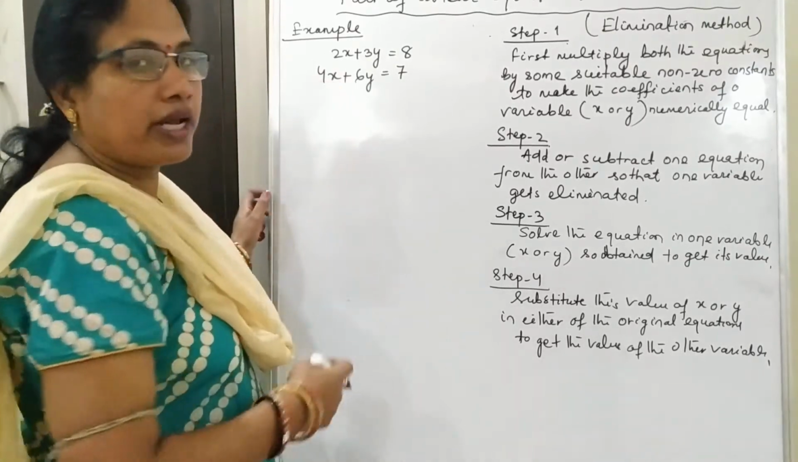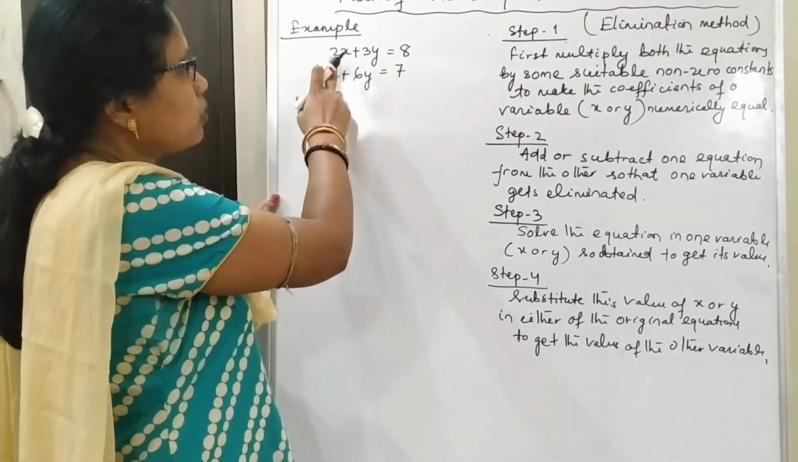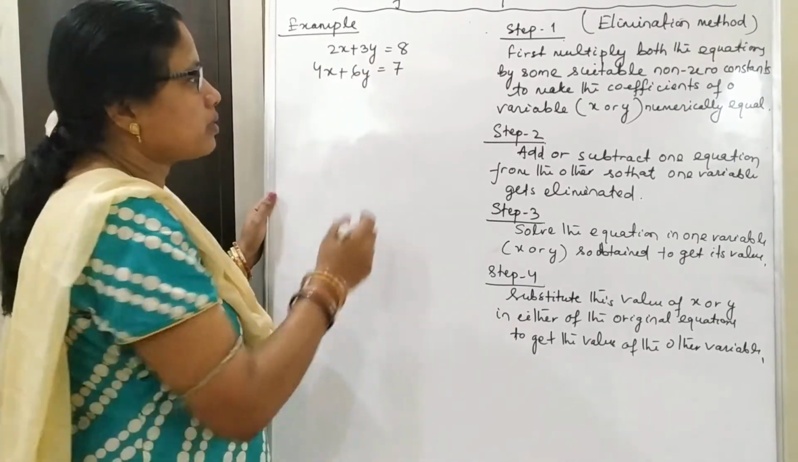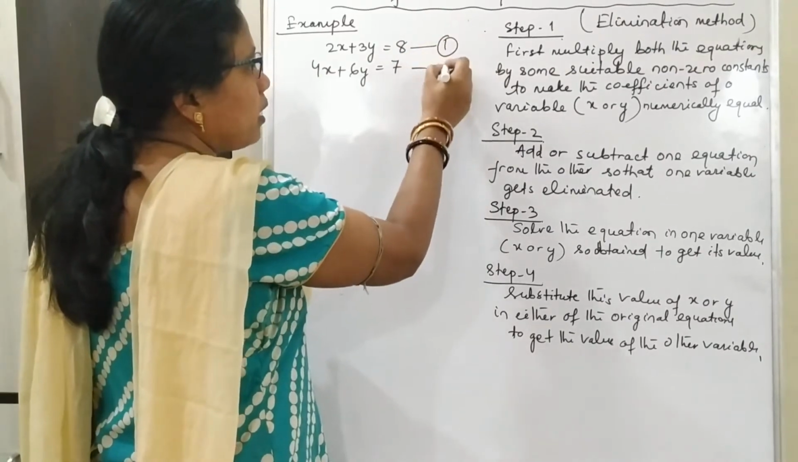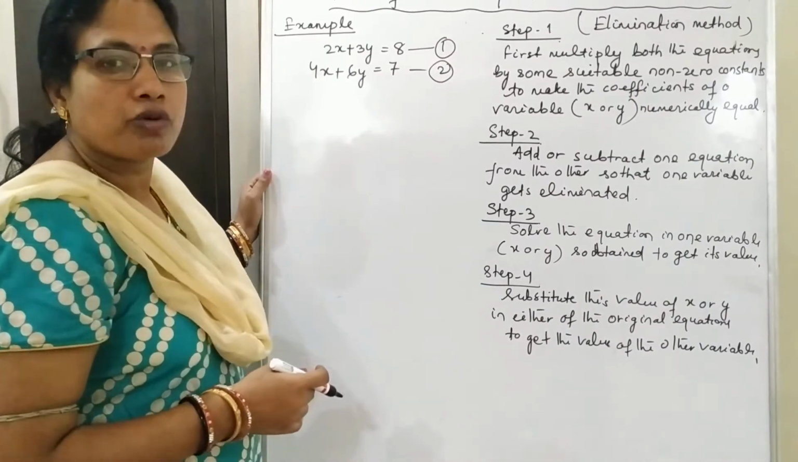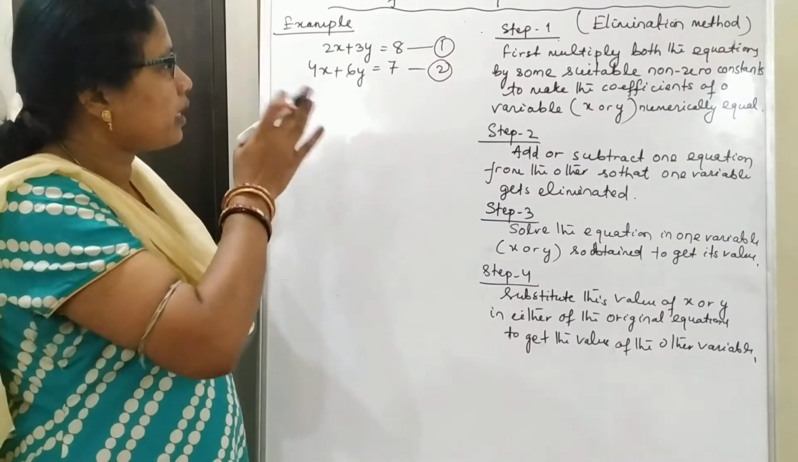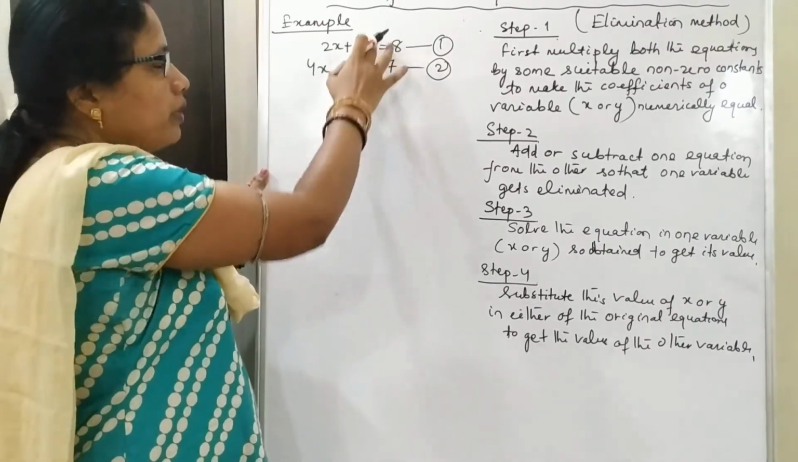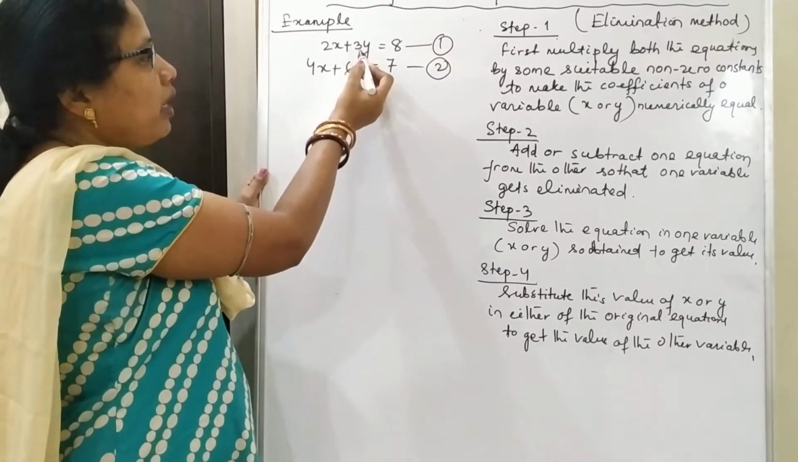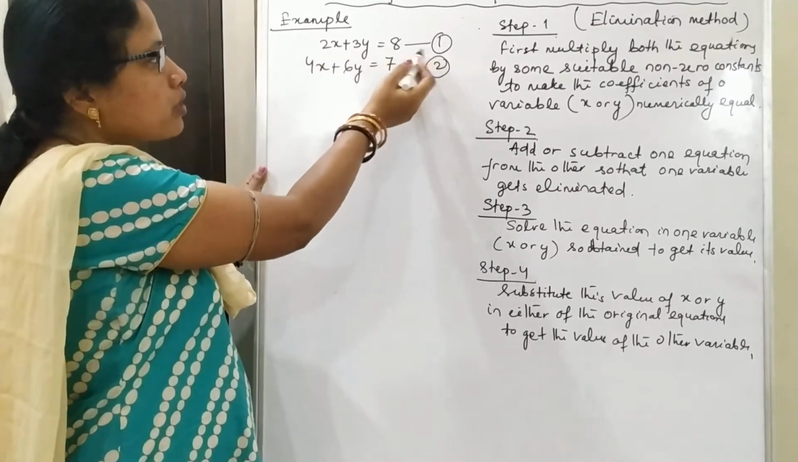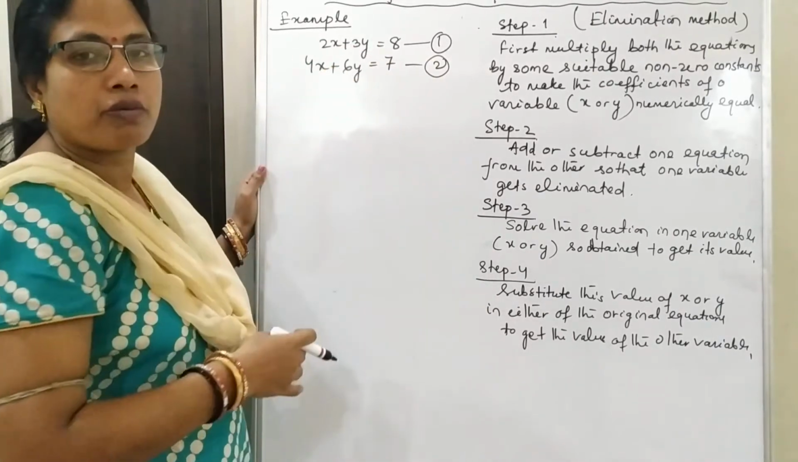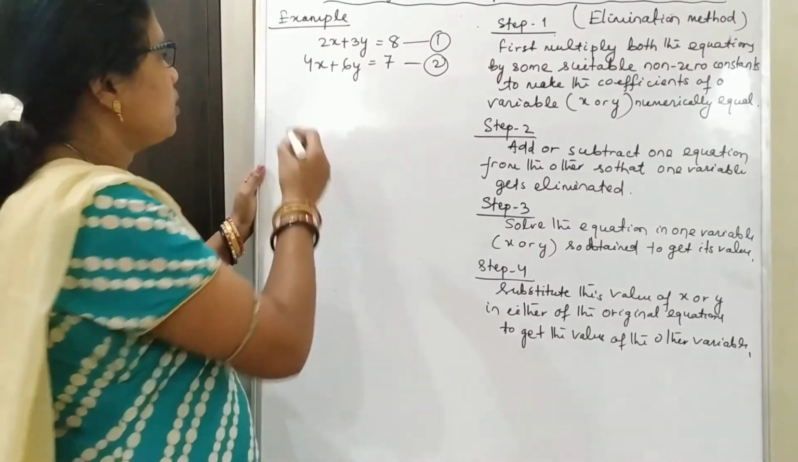So let us solve our next example. The equations are 2x plus 3y is equal to 8 and 4x plus 6y is equal to 7. So this is our first equation and this is second equation. So according to step 1, first I have to equate the coefficient of either x or y. So here I will equate the coefficient of y because here 6 is a multiple of 3, and if I will multiply equation 1 by 2 and equation 2 by 1, then the coefficient of y in both the equations will be equal. So equation 1